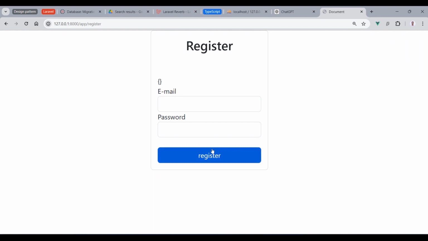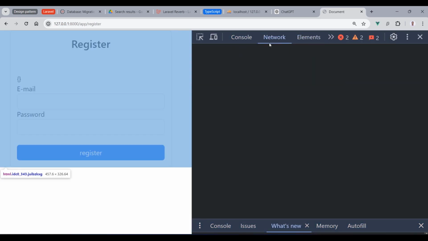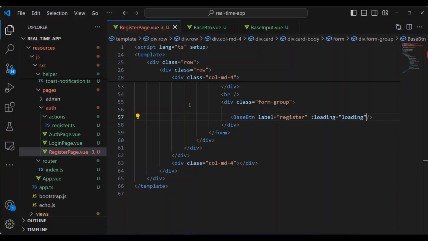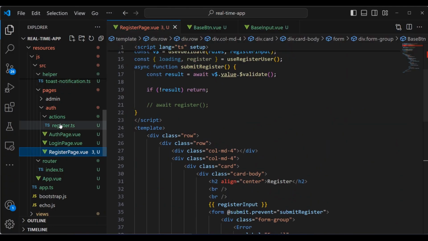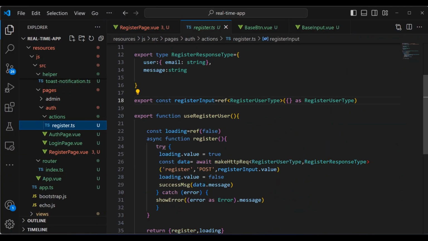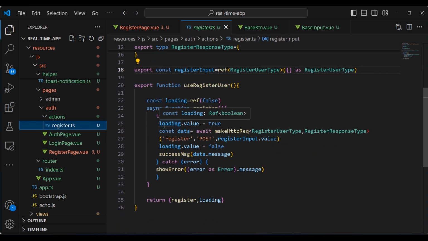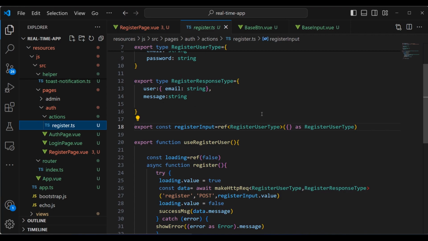Now what we need to do is send an HTTP request to the server. I'm going to get to the console tab and try to debug this request. And right now, guys, if we get into the register.ts action, you can see when you just send, we are changing the value of the loading variable to true. Once the request is done, we are changing it to false. But also we need to